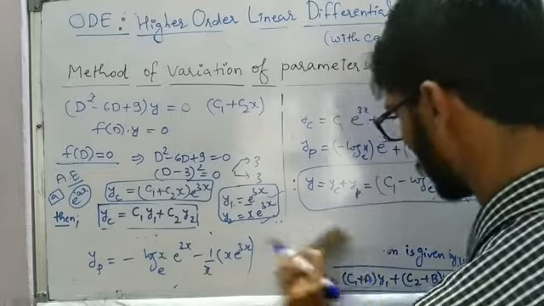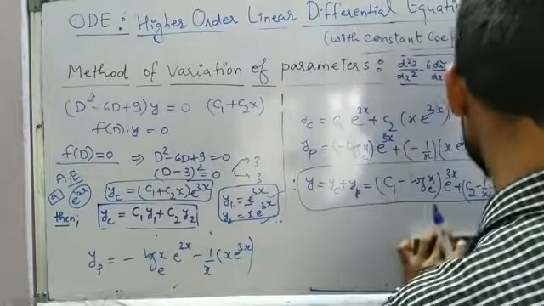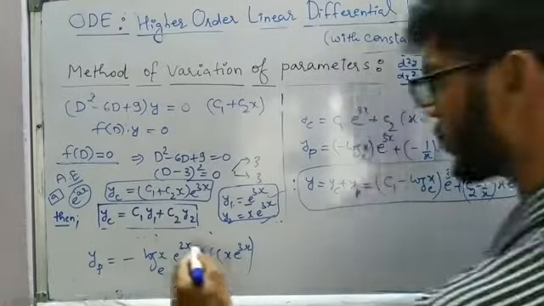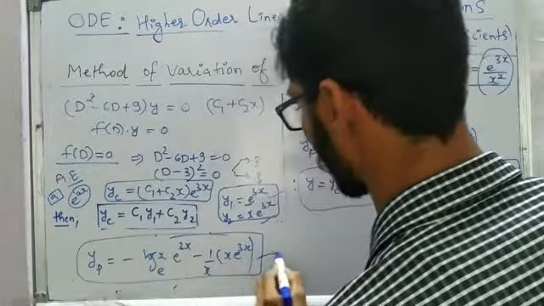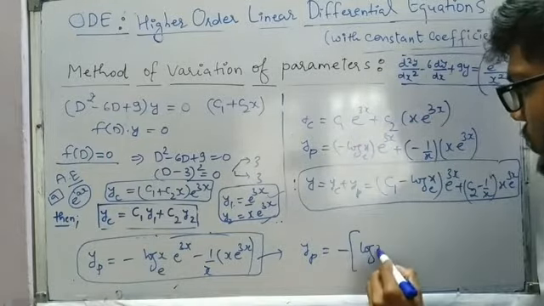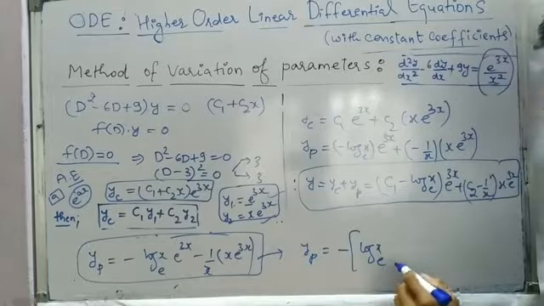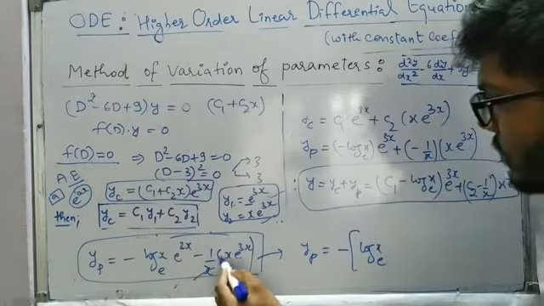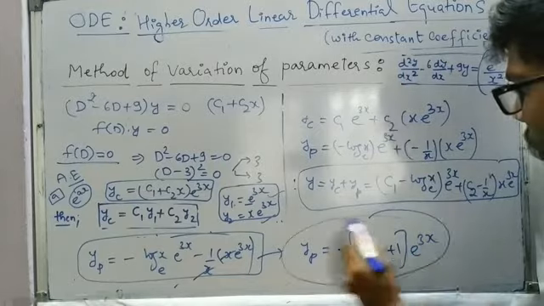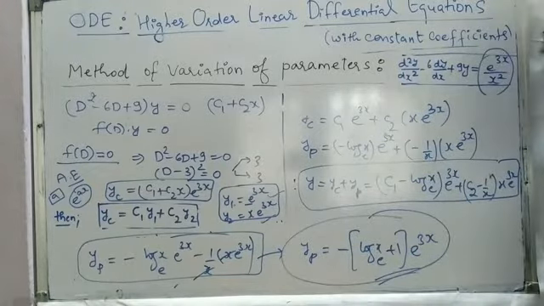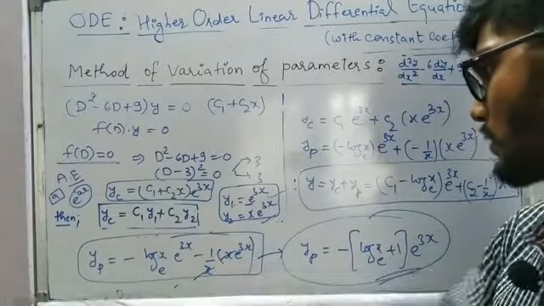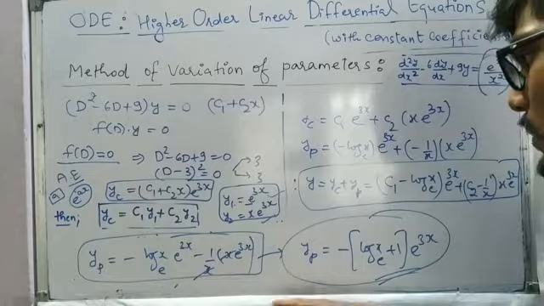And if it is asked only particular integral, because it is quite possible that they are not interested in the complete solution, so if only the particular integral is asked, we can write the solution as yp is equal to minus, we will take common, so log x base e, and e power 3x also we will take common, and this x and x gets cancelled, so plus 1 and e power 3x. So this also can be asked. So minus I have taken common, e power 3x is also common, so this is log x base e, and this is nothing but plus 1.